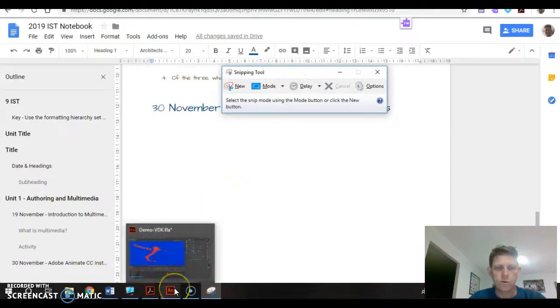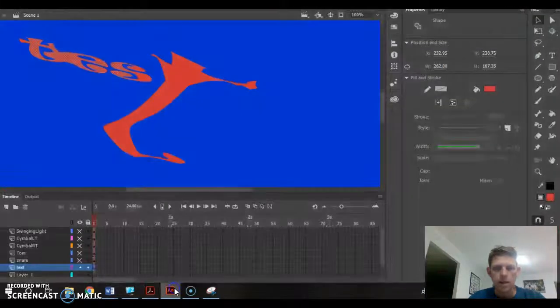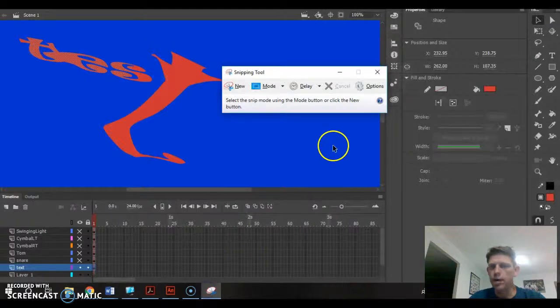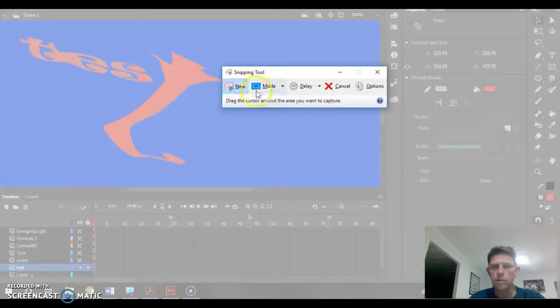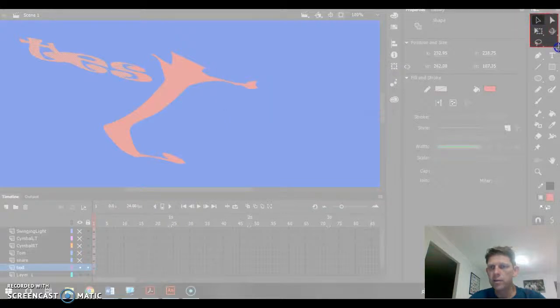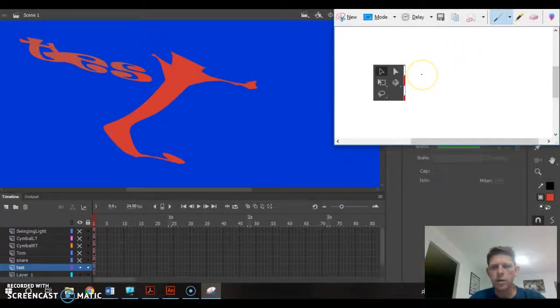So now if we go into Animate and we bring that Snipping Tool up again, we can choose to have a new snip. I'm going to select these first 5 buttons here. The sheet you're going to get is only going to ask you to talk about 2 or 3 of those buttons. I think talking about any more than about 4 will be difficult. So try and keep it to about 4 buttons each snip, and then you've got room